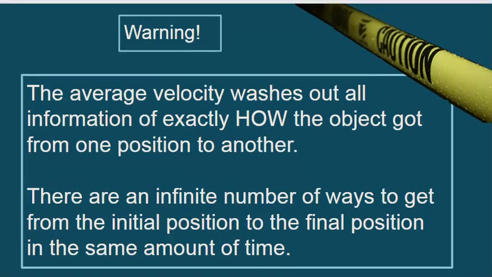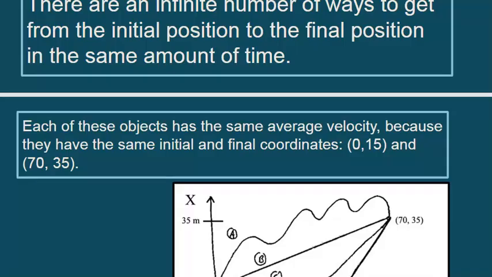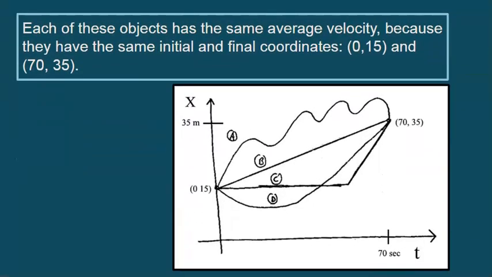Okay, warning: the average velocity washes out all the information about how you got there. There's an infinite number of ways to get from point A to point B in the same time. So you've lost some information. All you know is the average. Just to re-emphasize that point, instead of points A and B, you've got this point, and you have different paths going from, at t equals 0, 15 meters away from the origin, and then you end up